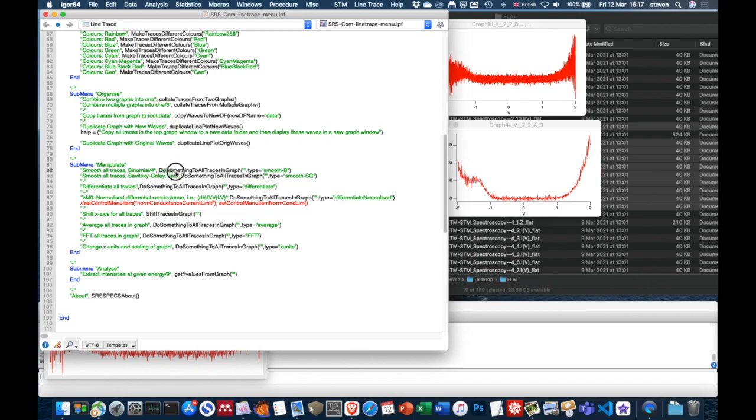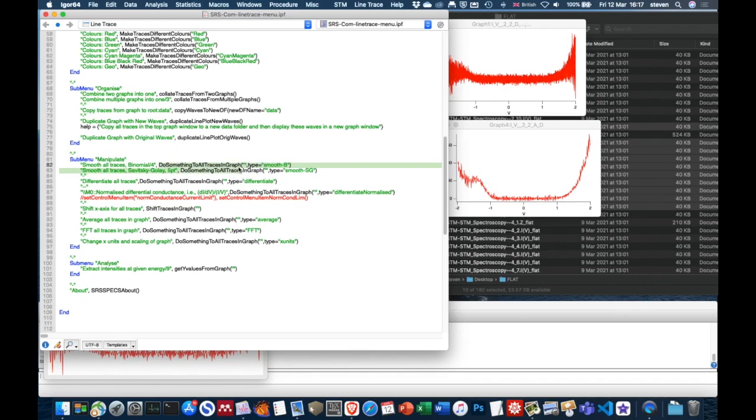It calls this function that I have named do something to all traces in graph. And then it takes some options. So here it's saying the thing that it's going to do is do whatever is defined here by smooth-b. So the next thing to do is to find this function,